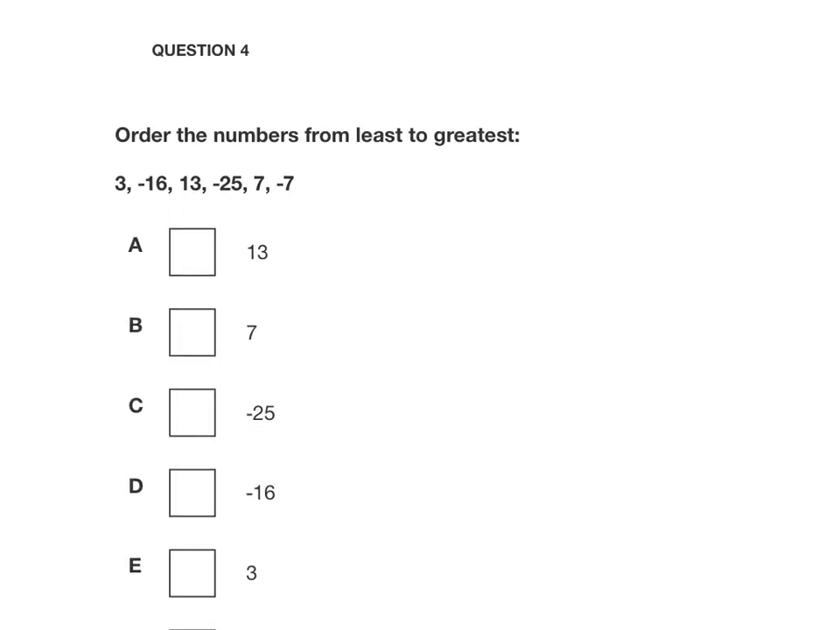Question 4. It says, order the numbers from least to greatest. So I'm going to go ahead and write my number line. I'm going to look for, so I have a negative 25, okay, and then a positive 13. I think that's the highest. So my graph needs to be between negative 25 and 13. I want to keep my scale the same, so I can count by fives. So if I start here, negative 25, and I go negative 20, negative 15, negative 10, negative 5, 0,